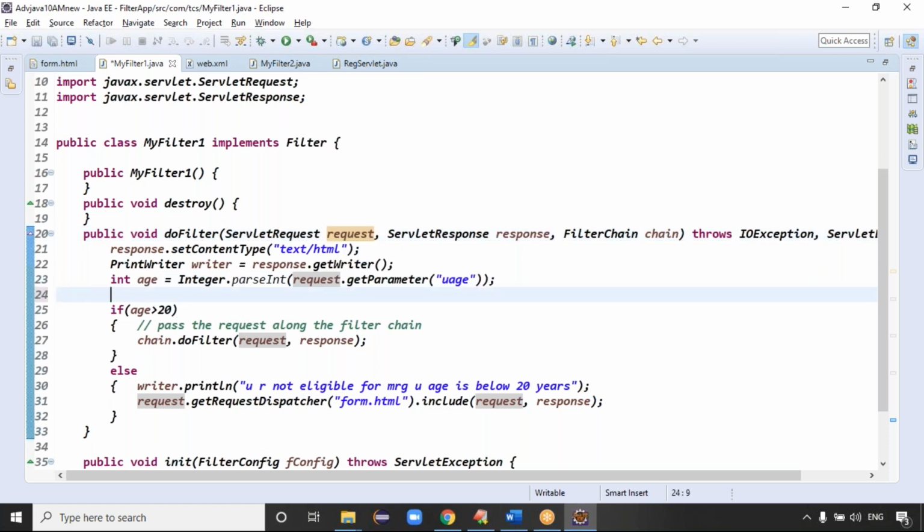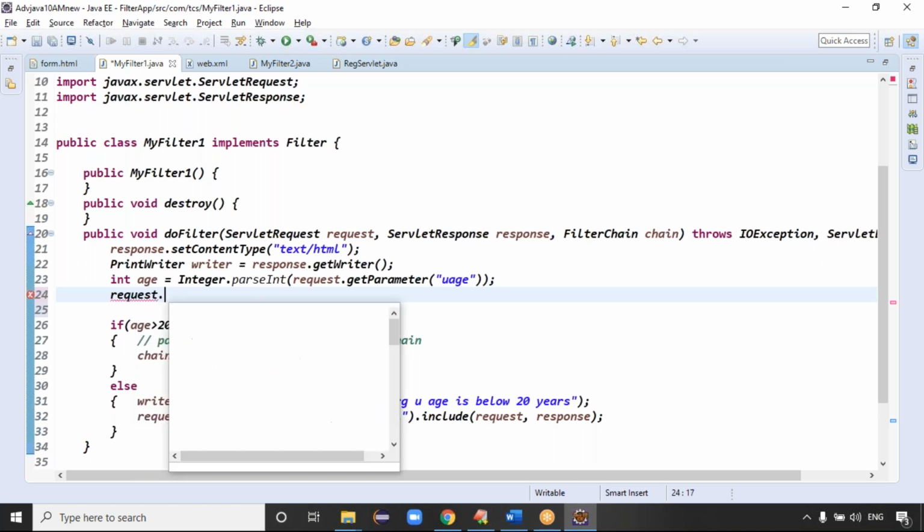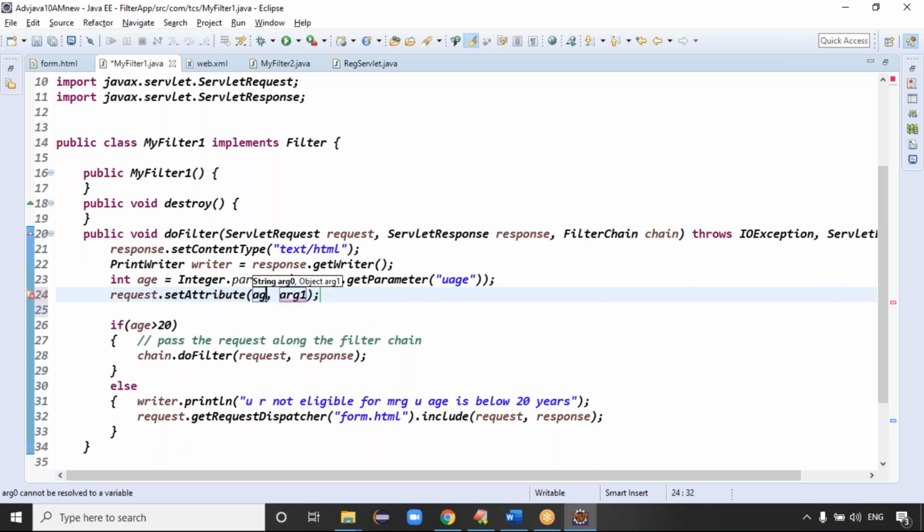In that case, if you want to do it like this, the request object contains one method, request.setAttribute. In this you can set the age, and then the age is set as an attribute in the request in integer format.